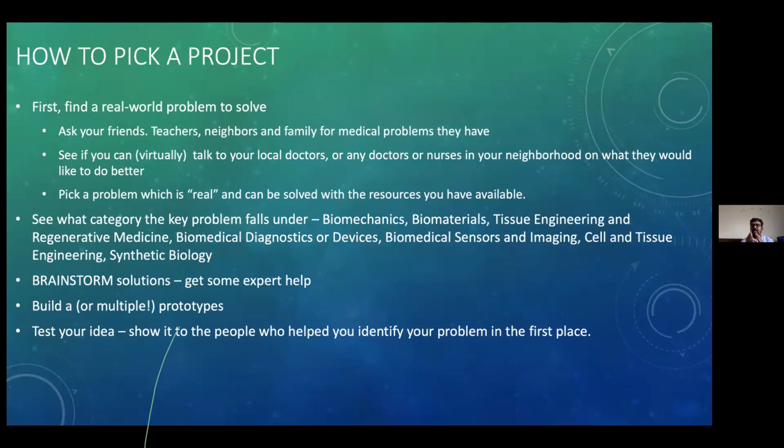Okay, building prototypes is very important in biomedical engineering, and try and test out what your solution will look like. And you can build a mock-up. It need not be a working prototype. It can just be a look-like prototype. This is what it's going to look like, or this is how it's going to work. It may not look very pretty, but it will actually work. And then test your idea and show it to the people who you identified, and get some feedback on it so that you know whether it's working or not.